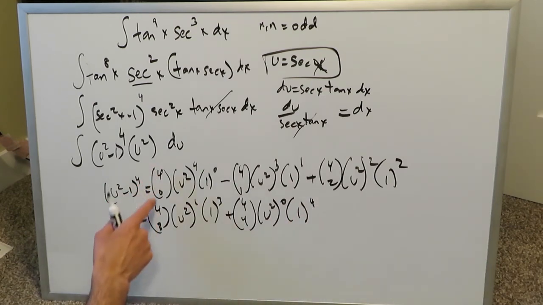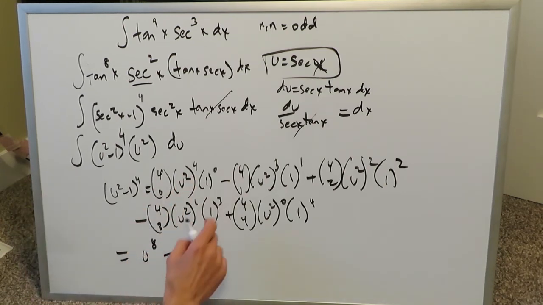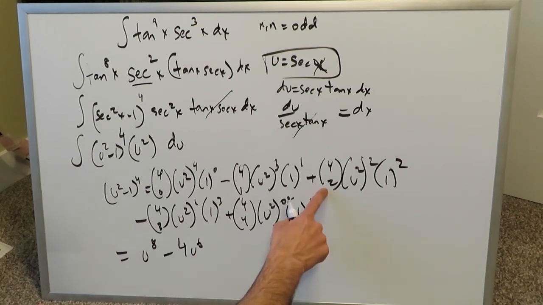Alright, let's write it. 4, 0, the combinatorial coefficient here will just be a 1. You'll have u to the 8. 4 and 1, well, we'll have 24 divided by 6. We'll have a 4 u to the 6. Here what will we have? 6 u